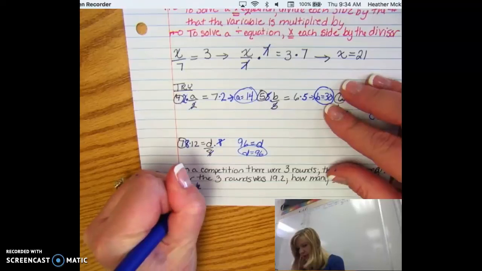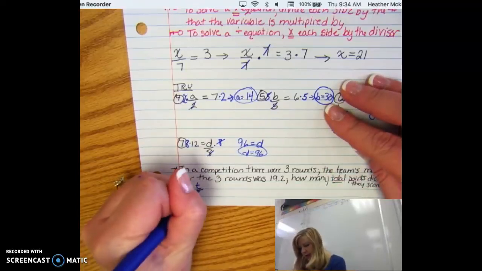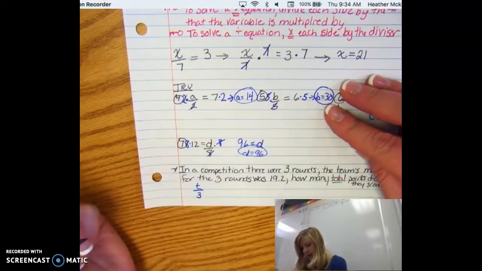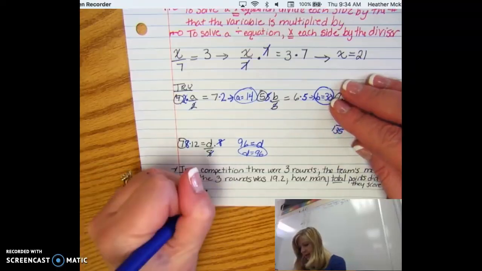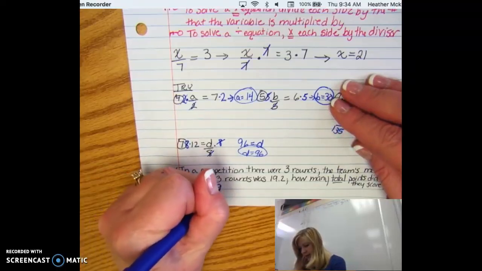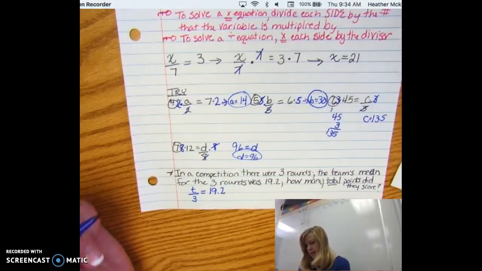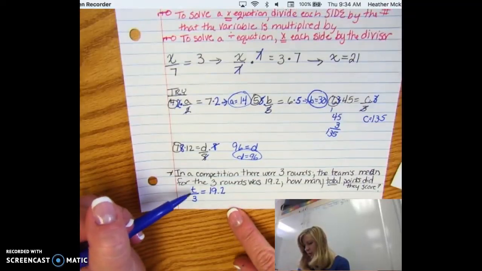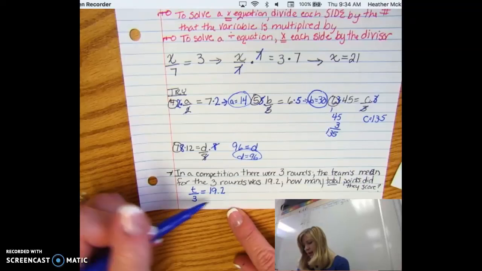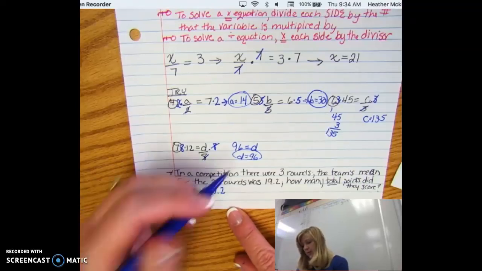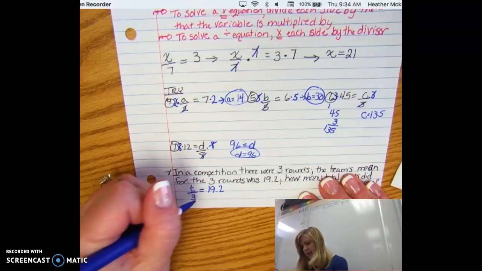So the total points that they scored divided by 3 rounds is going to equal 19.2. Okay? So this is the total number of points. We know that they had to divide it by 3, so in order to solve this, we are going to,